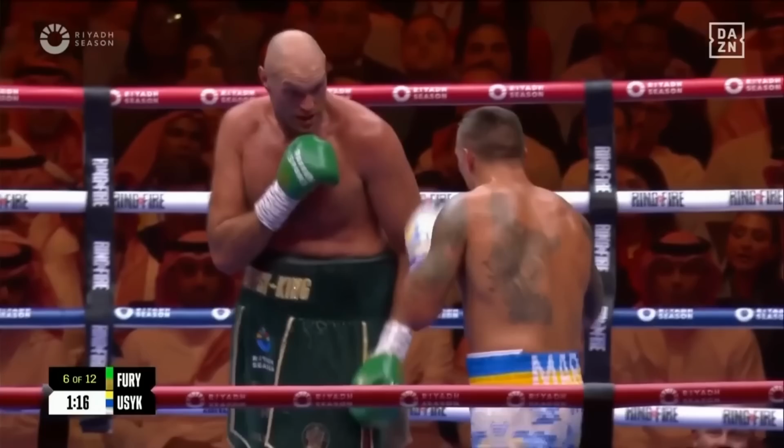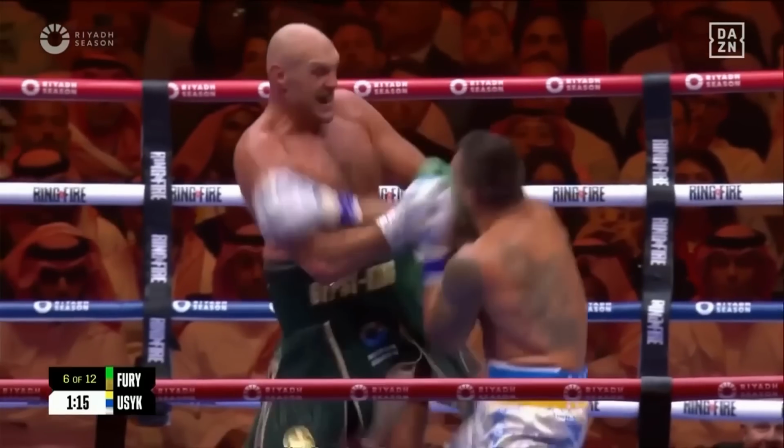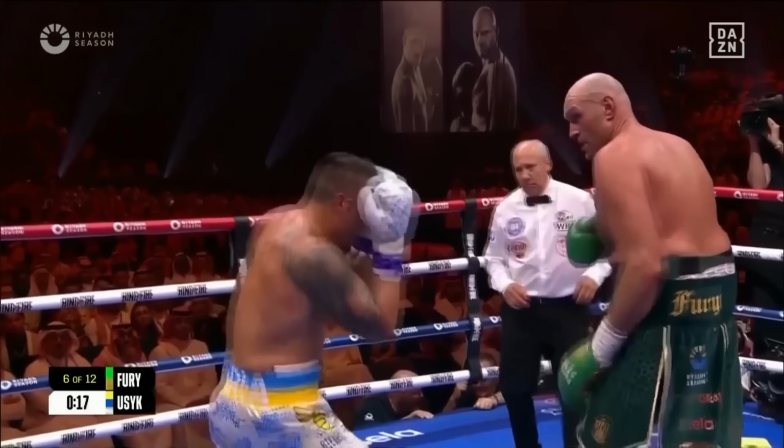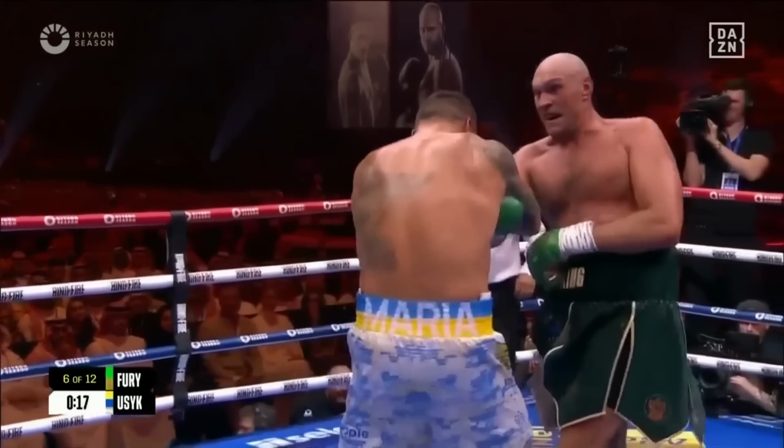Also, since he had to fight with his lead hand low more with it tired, Fury made the most of these moments by actually inviting Usyk to take the opening over his low lead hand and would time him coming in with beautiful uppercuts. So while Usyk neutralized one of Fury's best weapons in the long guard, this fight was